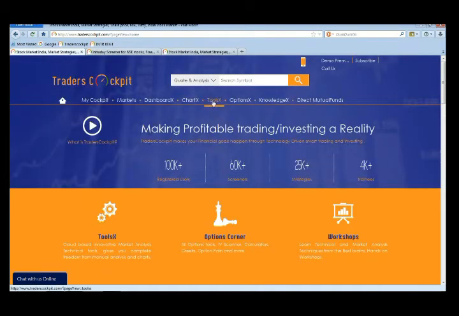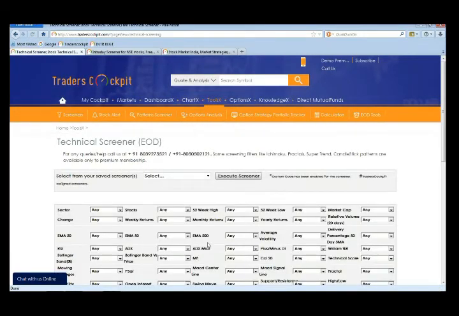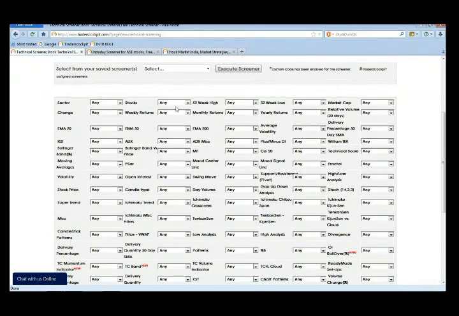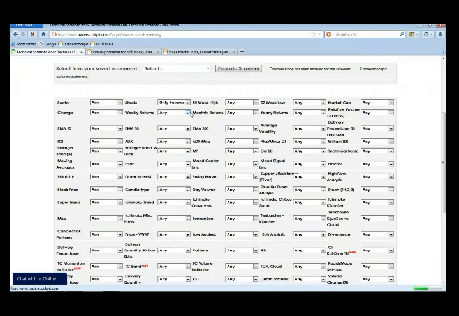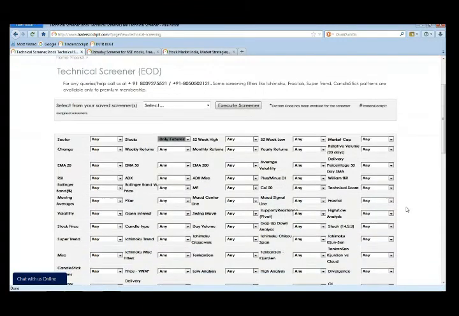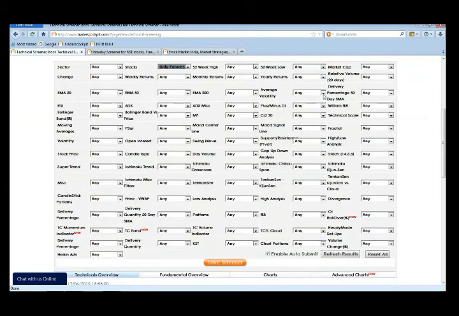Similarly, you can create a screener on EOD candles also. For that, you just need to click on this EOD technical screener page, and then similarly here also you can filter from among a group of stocks, say futures and options. I take the futures and options stocks, and any moving average crossover, any MACD crossover, all the configurations are readily available here. In case you miss out on some, you can always get back to us at our support numbers and we'll help you out.